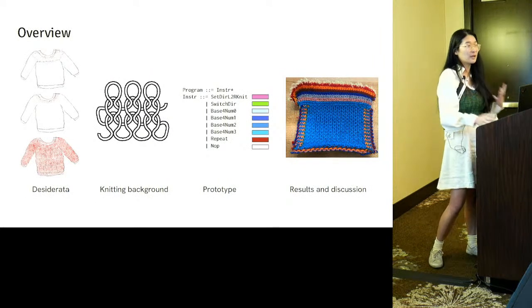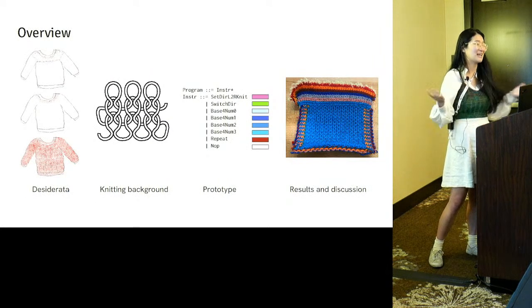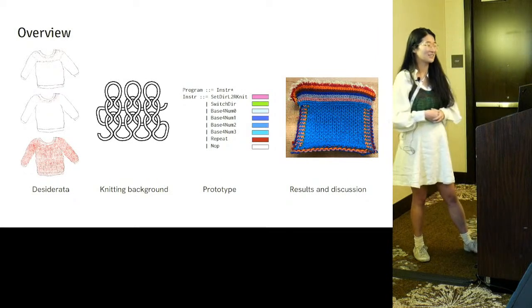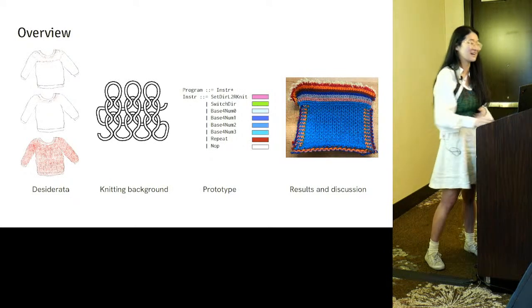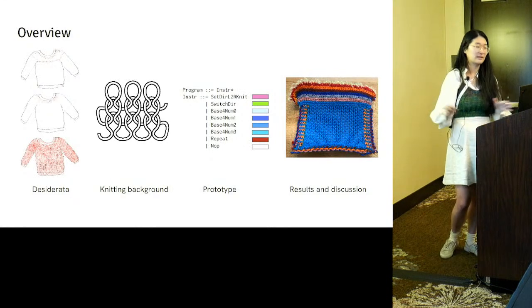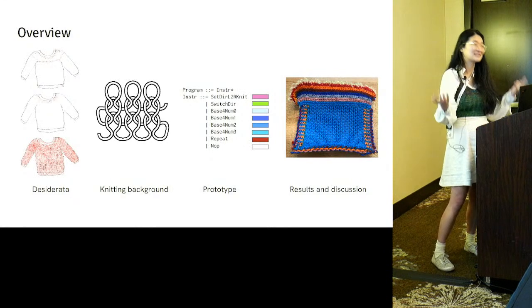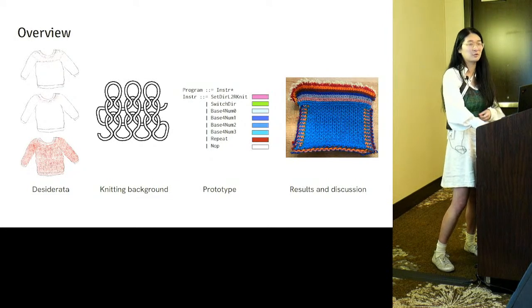We know a little bit about what our language should have, but we don't know what the language is going to look like. And that's because I haven't told you anything about knitting yet. In order to design a language for knitting, we probably want to understand what knitting is exactly. So we're going to talk a little bit about the physical structure of the knitting, which is necessary if you're going to try to extract the code from the physical object.